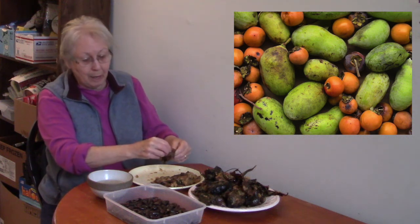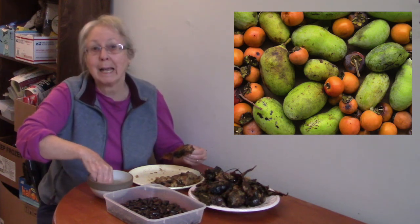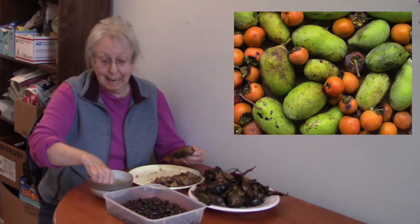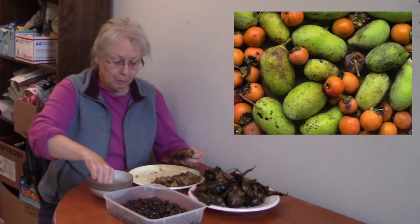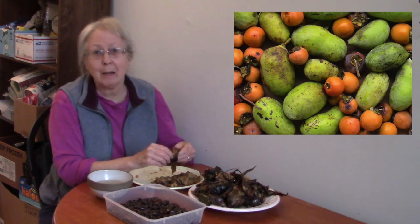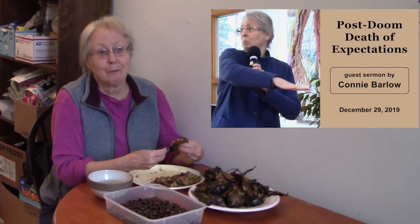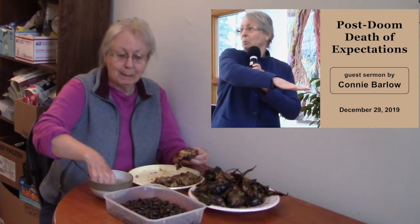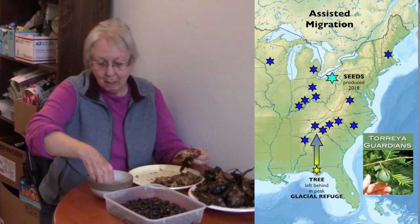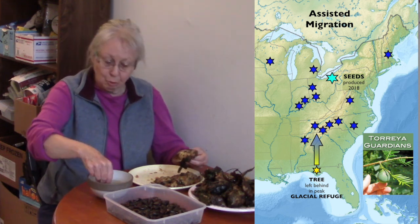Now, another reason why I'm doing it and planting them wherever I can and sending them up to Indigenous, which is northward, so that's good, climate adaptation, helping it move north, is that I'm a collapsitarian. I've already experienced governmental collapse and an endangered species that I work with, Torreya taxifolia, Florida Torreya. Just not putting the right kind of effort into it, but there's a loophole in the Endangered Species Act, so